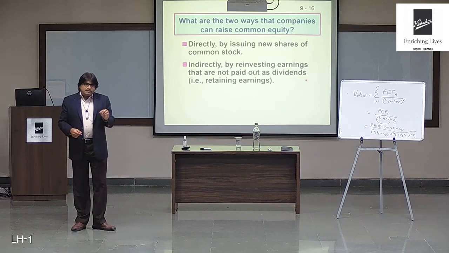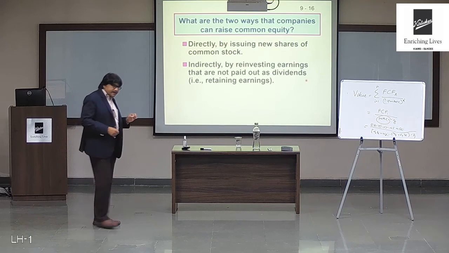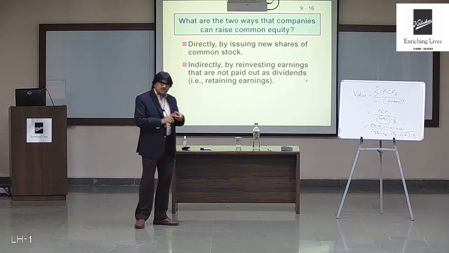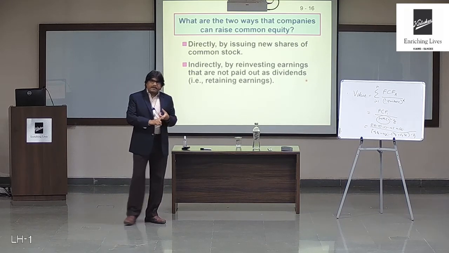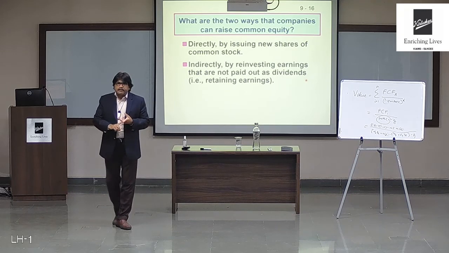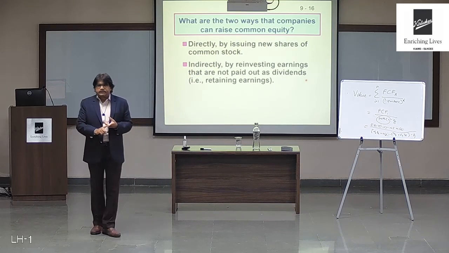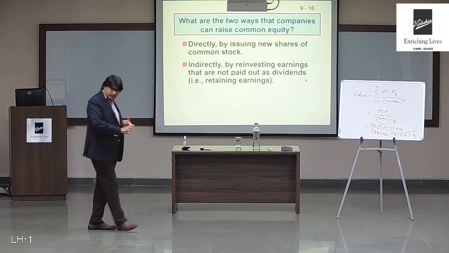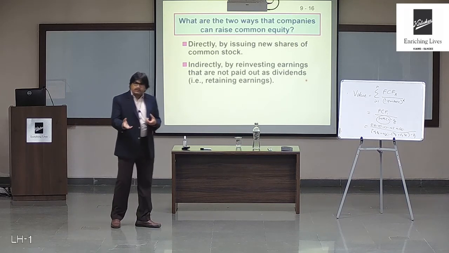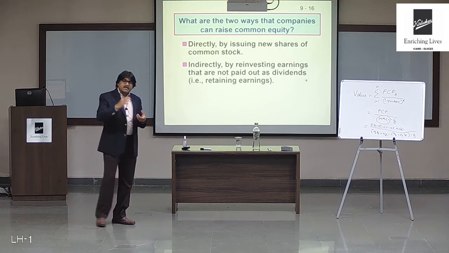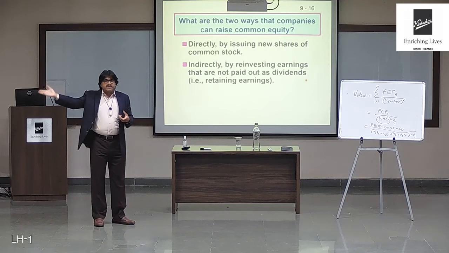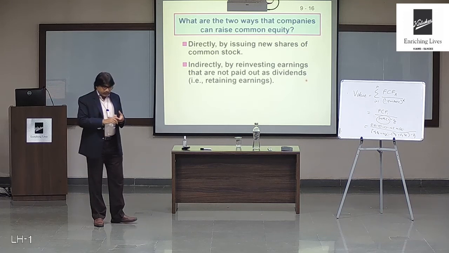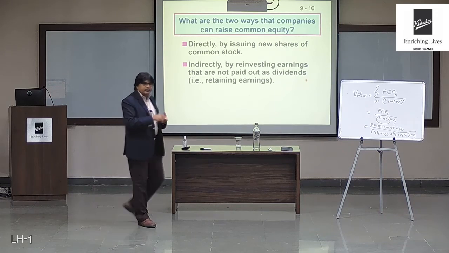Now at the end of the year, when the free cash flows are generated, the company has two options. One is to pay the free cash flow generated back to the investors in terms of dividends. So all the free cash flows are given back to the shareholders, and shareholders can invest wherever they wish to. They will bear the risk of the cash flows. That is the first. That means they have to again issue the shares to